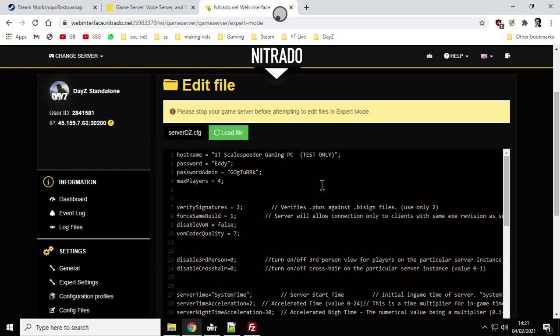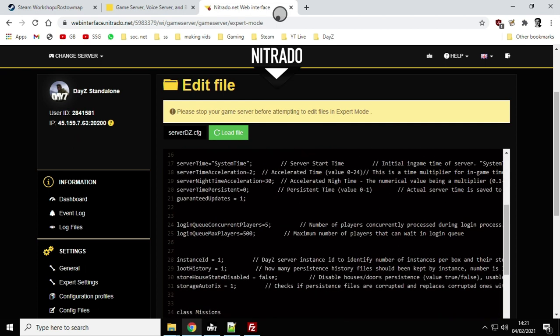You may well have access to this directly on your server provider, or if you're installing this map on a local server on your local PC, you'll have access to the server dz.config file. You're probably familiar with this anyway. So just scroll down through it,